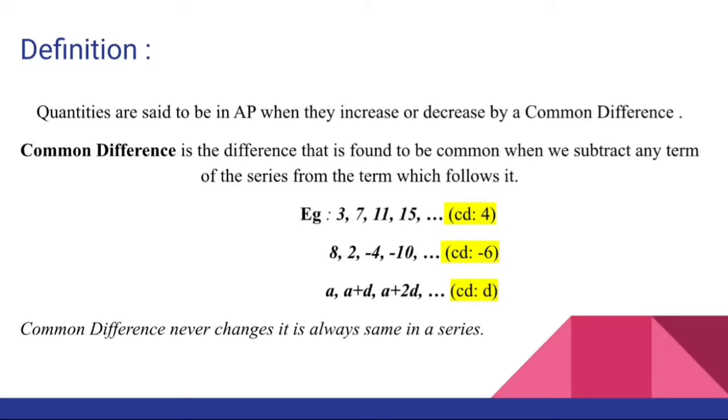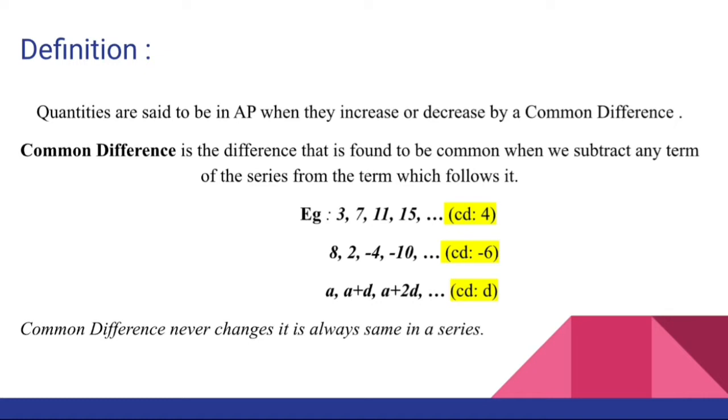So let us get straight to the point. What is an AP? People ask what is an AP? An AP is basically a series, right? When you write 1, 2, 3, 4, 5, it is a series of natural numbers. It is an infinite series, so we call it an infinite AP. If you say a series of odd natural numbers, you will find 1, 3, 5, 7, 9, and so on and so forth. And this is also an AP because